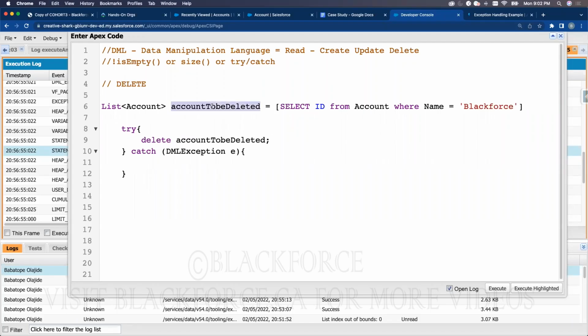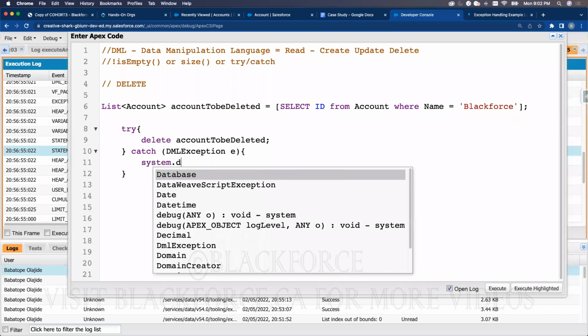So they can ask you at work, look for all instances where there is no account number in the system and delete that record because it's a bad record. This is how you would do it using query. You can use flow to do this as well, but this is how to do it using Apex, okay? So now let's just system.debug